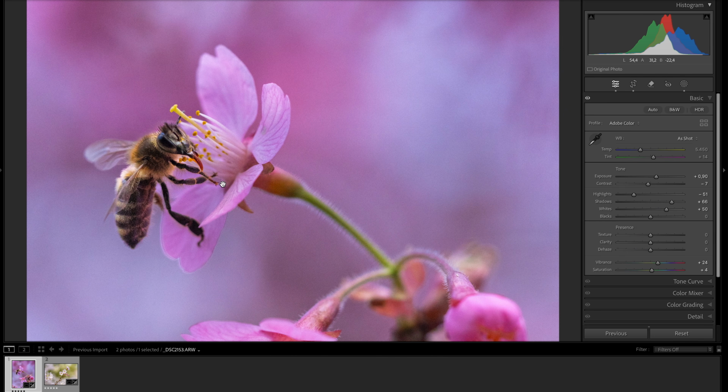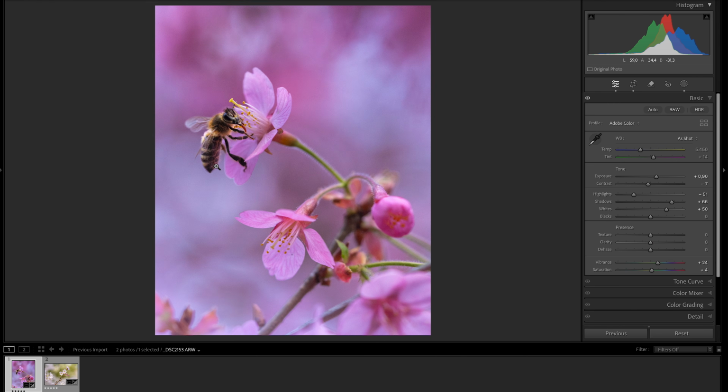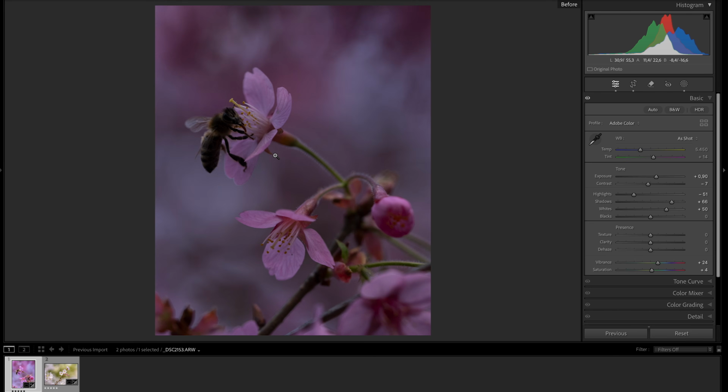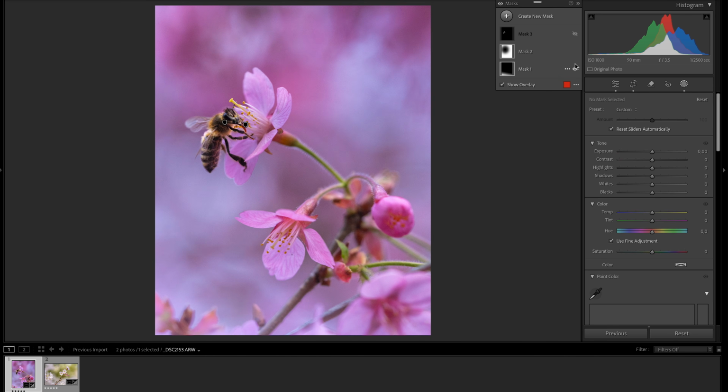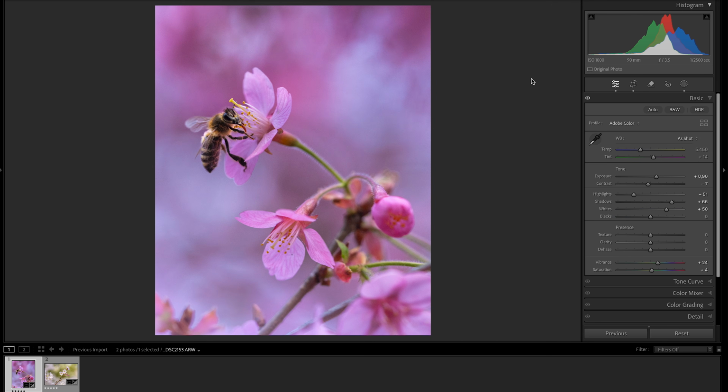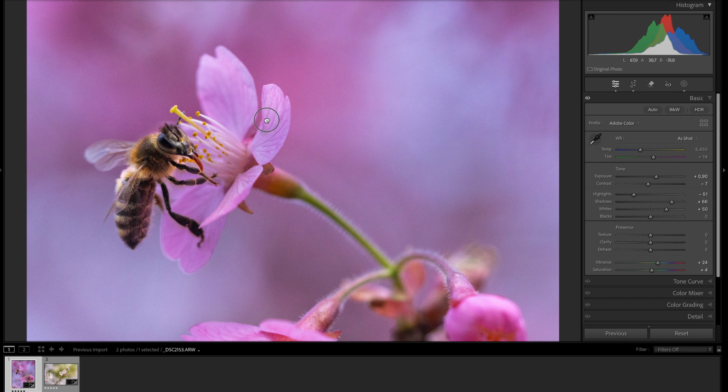So, and look at now what a difference, how much detail we can see in the bee. So let's check again the before and the after. Now go to the masking panel and check the before and after with the bee and look at the difference. Wow. You see, you can add so much detail by using these very global